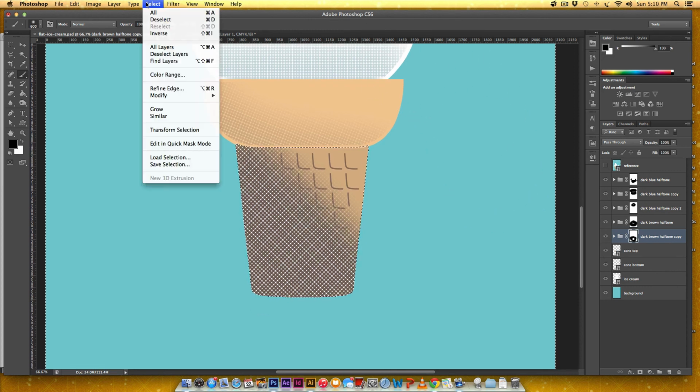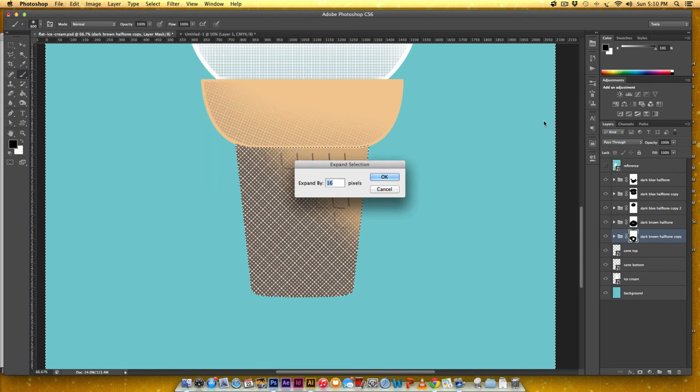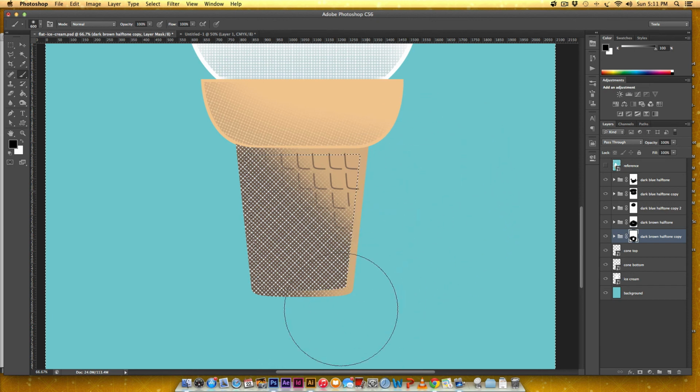We can do this. So I'm going to go select, modify. This time I'm going to choose expand because the inverse of my selection is selected. And I'm going to change this to 30 pixels and hit OK. All right, so now I'm going to once again brush this away. All right, Command D or Control D on a PC to deselect. And now I'm going to come in and I'm just going to lightly